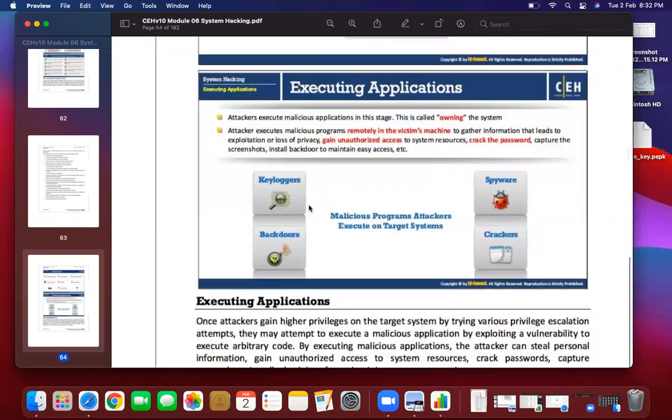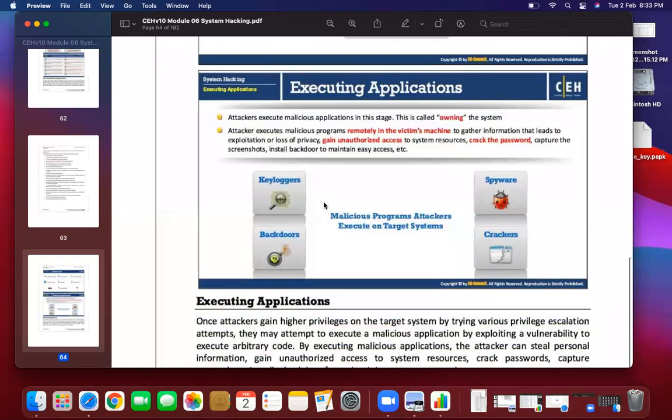Those things can be done by using keyloggers, backdoors, spywares, and crackers. A keylogger is used to get keystrokes. Keystrokes means if you press a button on your laptop, say you pressed S, it will be a keystroke.